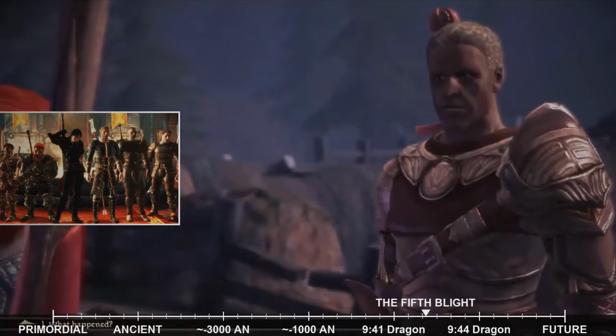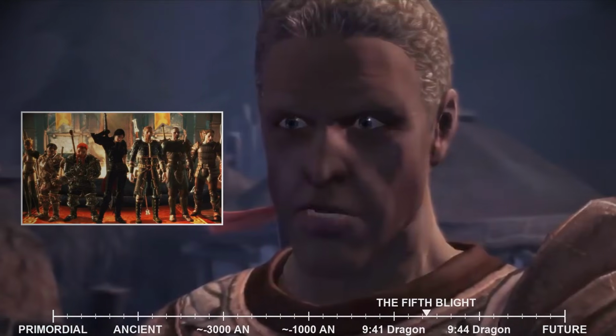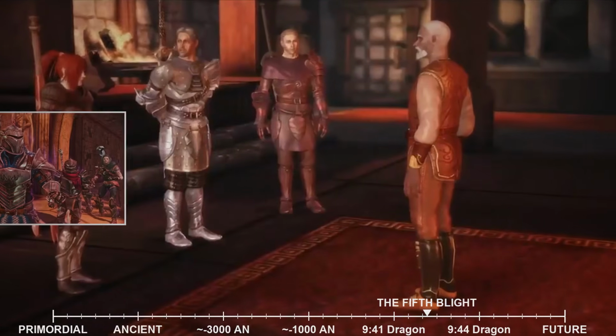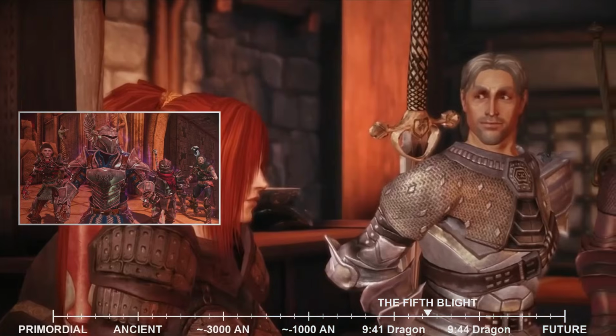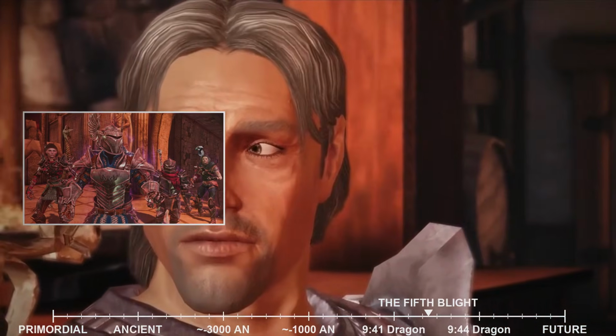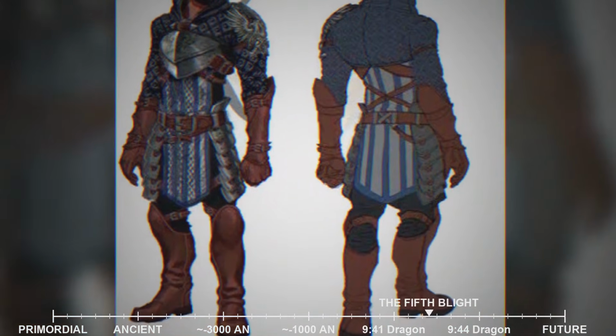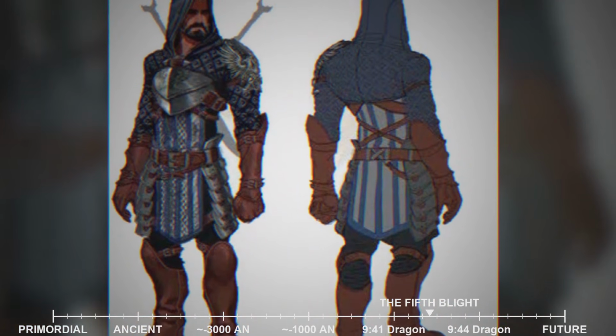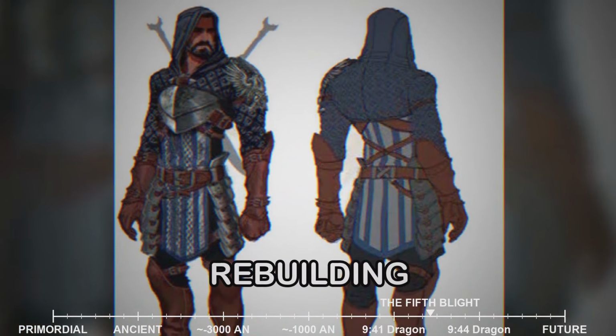In the aftermath of the Mother's defeat, the Warden Commander solidifies the Grey Warden's presence in Amaranthine. Vigil's Keep, once a dilapidated fortress, is transformed into a bastion of hope and a symbol of the Grey Warden's renewed strength in Ferelden. The Warden Commander, having proven their leadership and strategic prowess, oversees the recruitment and training of new Grey Wardens, rebuilding the order from the ashes of the Fifth Blight.